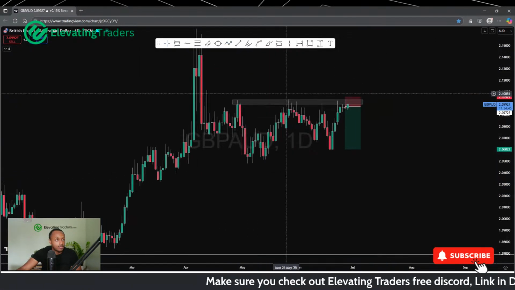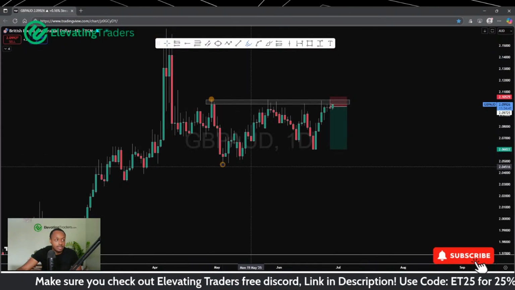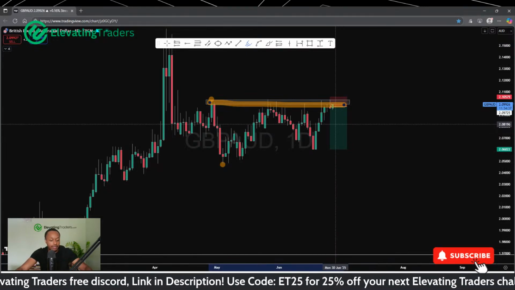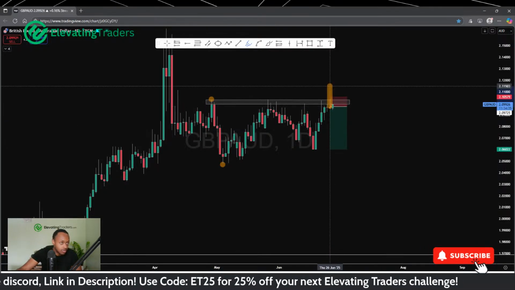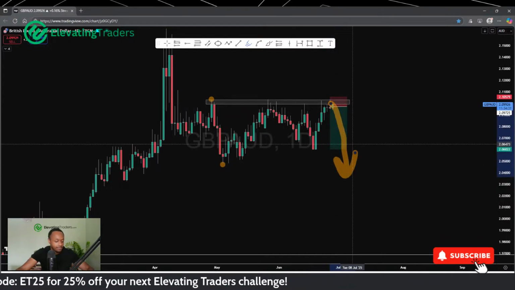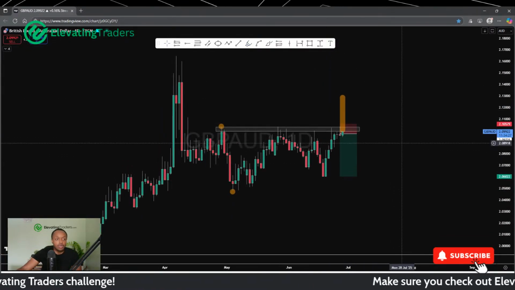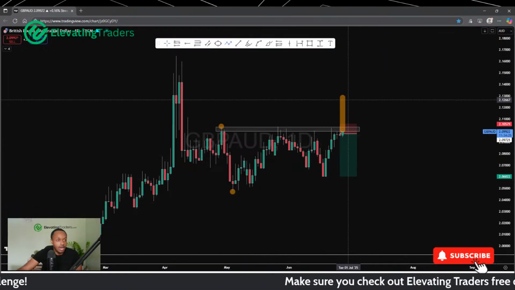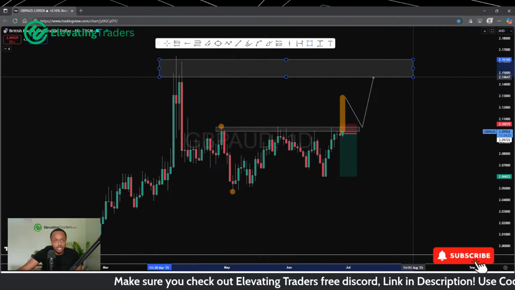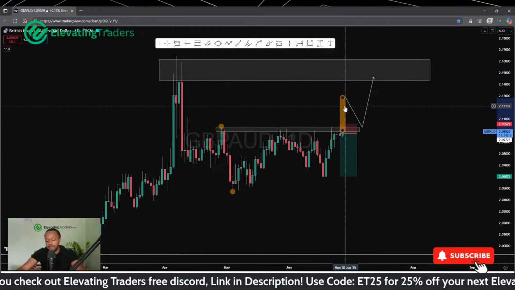The market did form a lower high here technically, and we did see some momentum there creating a new low, and price so far has remained respecting that level. So as long as price doesn't break through that high, I would be looking at a lower high here and a push down. If of course we do break resistance, that would be a very bullish signal. At that point in time, I'll be looking at pullbacks and a push back to the high, which is at 2.15 roughly. So that would be the bullish signal for pound Aussie.